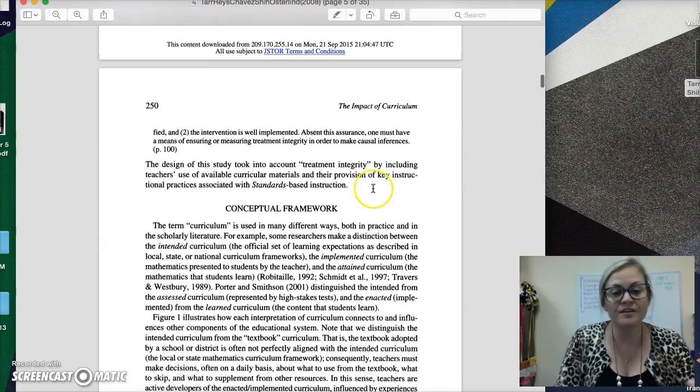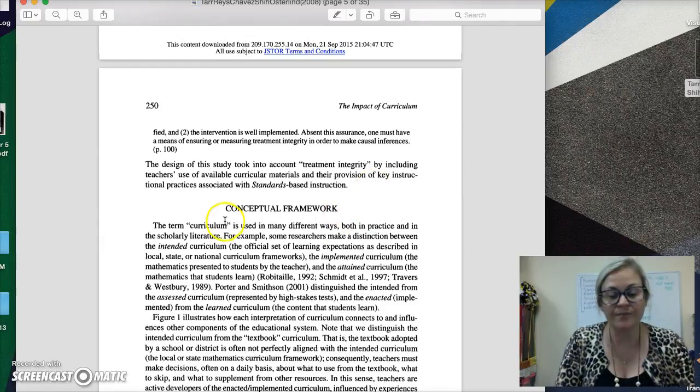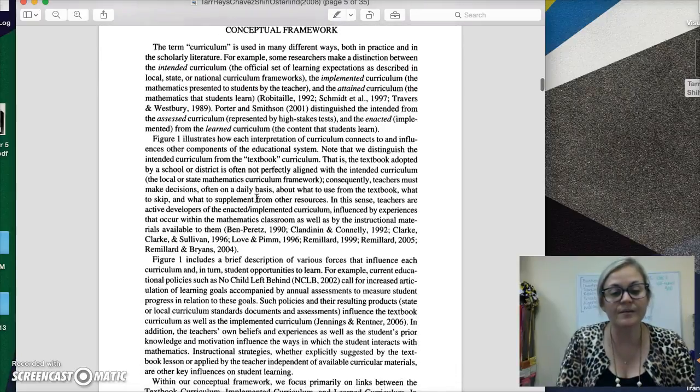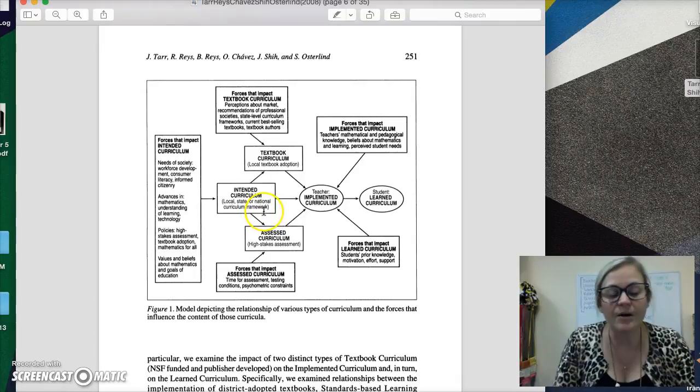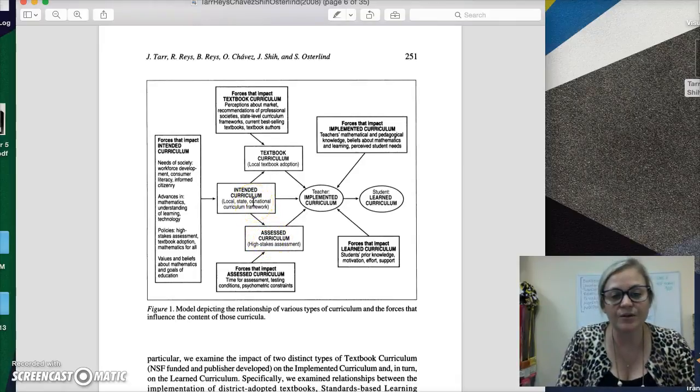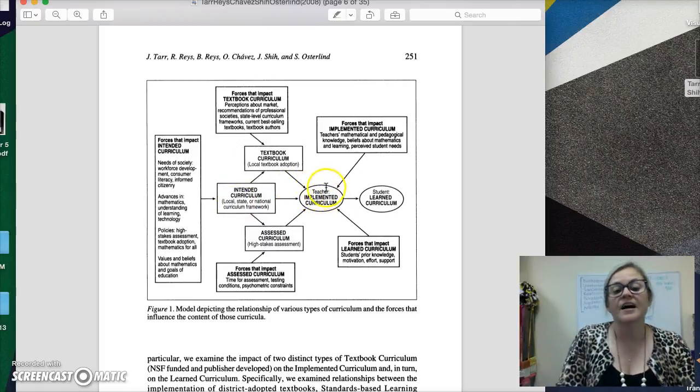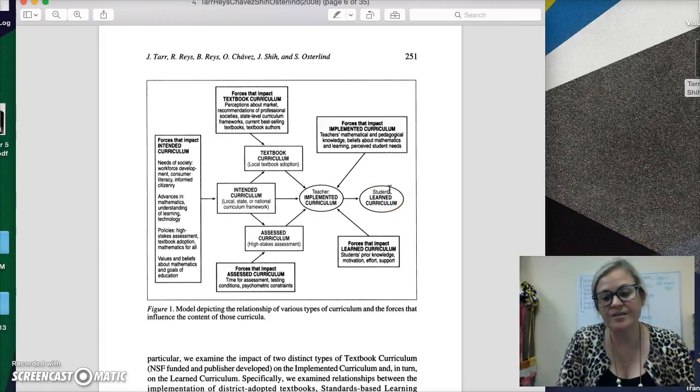And usually a research article will then funnel to a theoretical framework, but here it funnels through a conceptual framework, which is fine. So basically he creates his own framework based on the literature, and this conceptual framework here is about curriculum. So there's the intended curriculum, and then there's the textbook curriculum, the attended curriculum, and then what's actually assessed curriculum, and then all this kind of influences what's actually implemented in the school, and then what the students learn. And so this was really important for his article because he and his colleagues were looking across types of curriculum, use of curriculum, and student achievement.